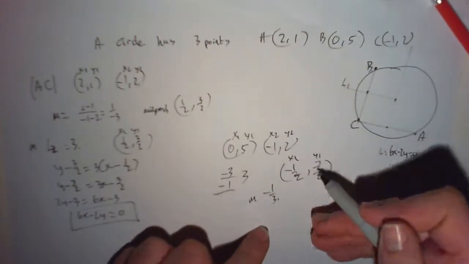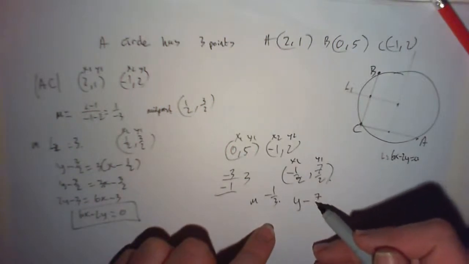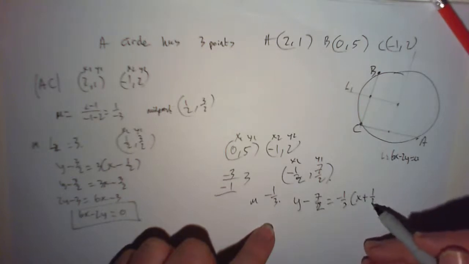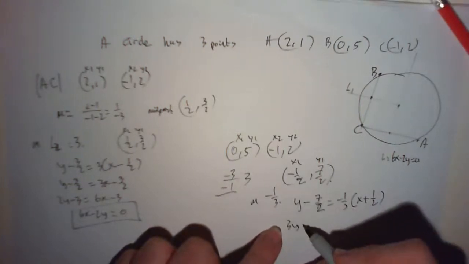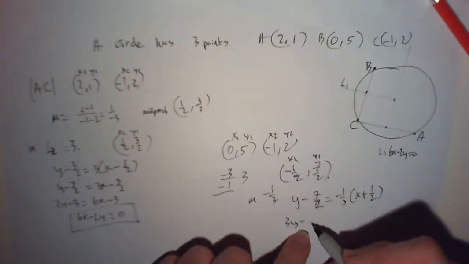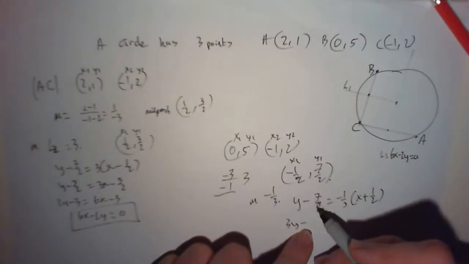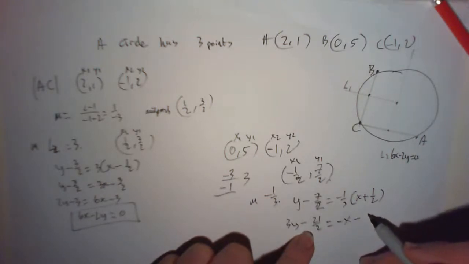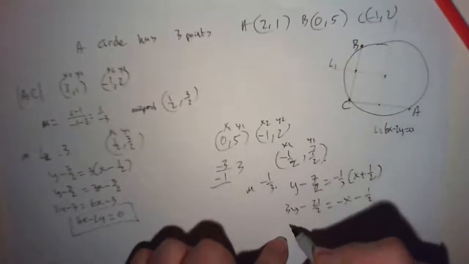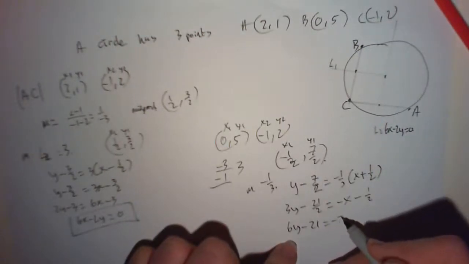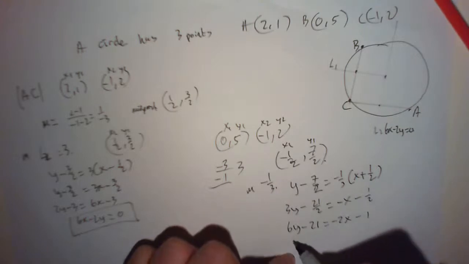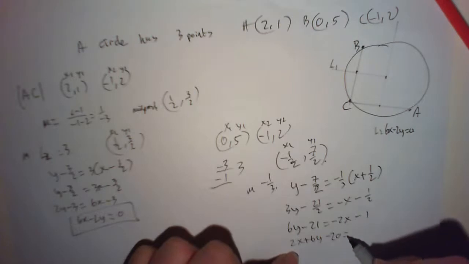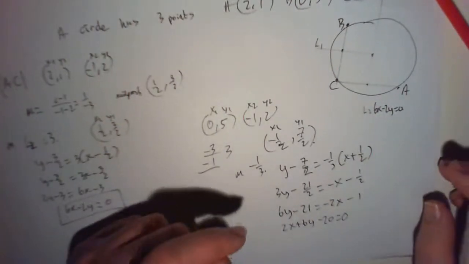So x1, y1. y minus y1 is equal to m times x minus x1. y minus 7 over 2 is equal to minus a third times x minus a half. Multiply everything by 6. 6y minus 21 is equal to minus 2x minus 1. So that's going to be 2x plus 6y minus 20 equal to 0. Okay, so